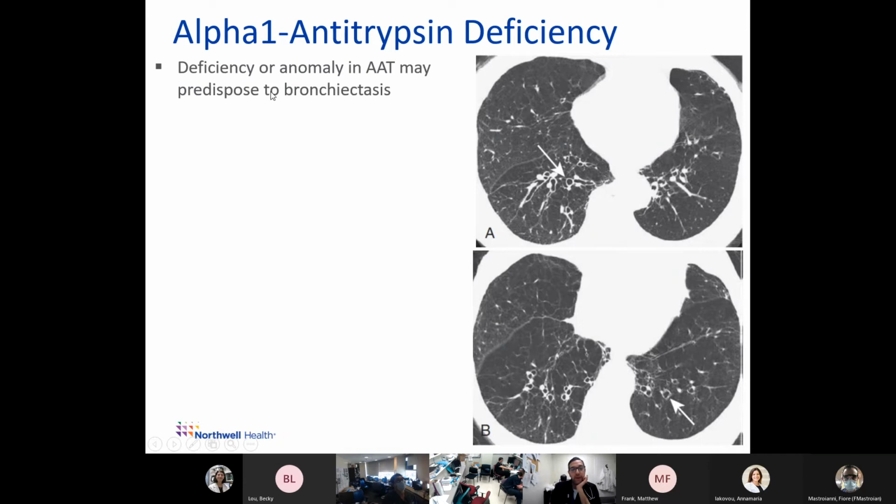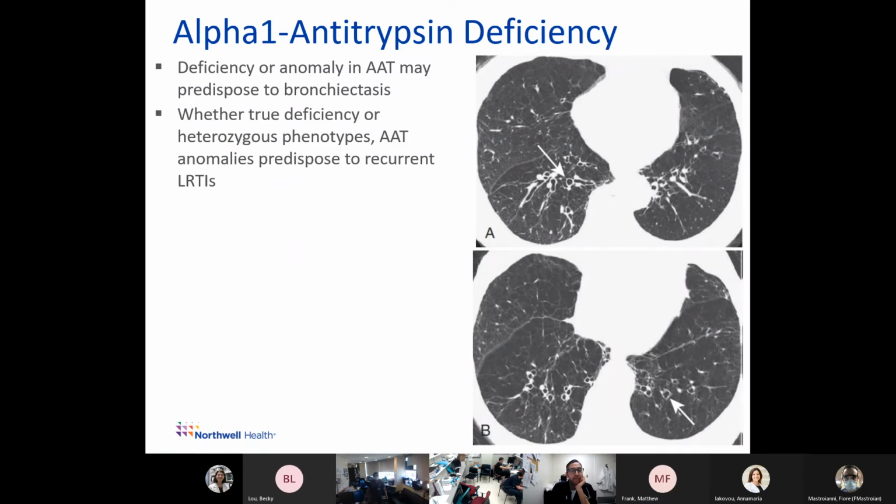So, alpha-1 antitrypsin deficiency is known to predispose to bronchiectasis. Whether there's true deficiency or just a heterozygous phenotype, alpha-1 antitrypsin anomalies can predispose to lower respiratory tract infections and it can predispose to bronchiectasis. Very importantly,